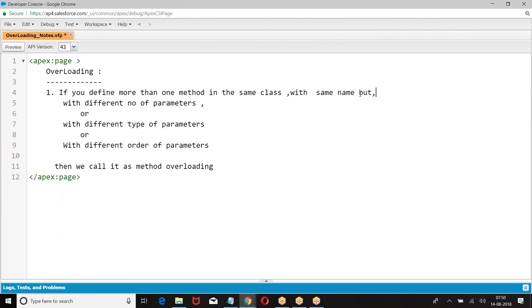Within the same class, if you define more than one method with the same name with a different number of parameters, different type of parameters, different order of parameters, then we call it method overloading. So let me define it here.